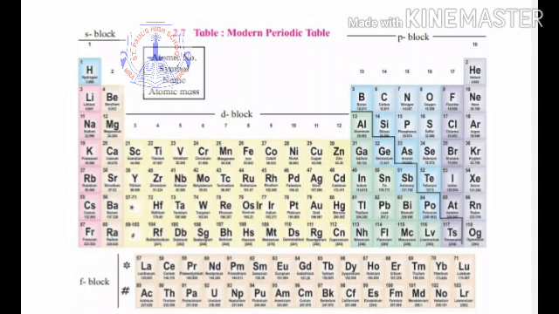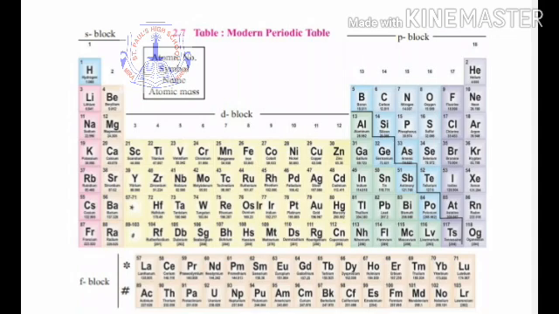Okay, so this is the group of alkali metals over here. So first group elements you should know very well, very nicely. Remember those elements in the first group, alkali metals. They form strong alkalis. They're very, very strong in reactivity. Okay, second group is a group of alkaline earth metals. They also form bases which are normally not water soluble, therefore they are called alkaline earth metals. They also are reactive elements but less in reactivity in comparison to the first group. So first is alkali metals, second group is alkaline earth metals.